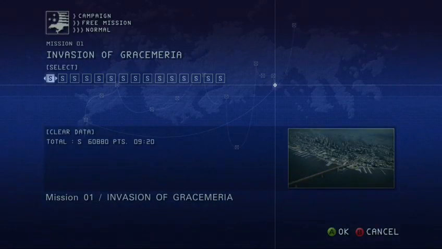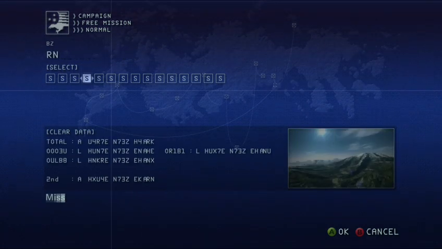So, welcome to part 3 of the Ace Combat 6 DLC showcase. And today, we're flying the fan favorite A-10A Warthog, affectionately known as the Bird. Sound its gun makes. For this plane,